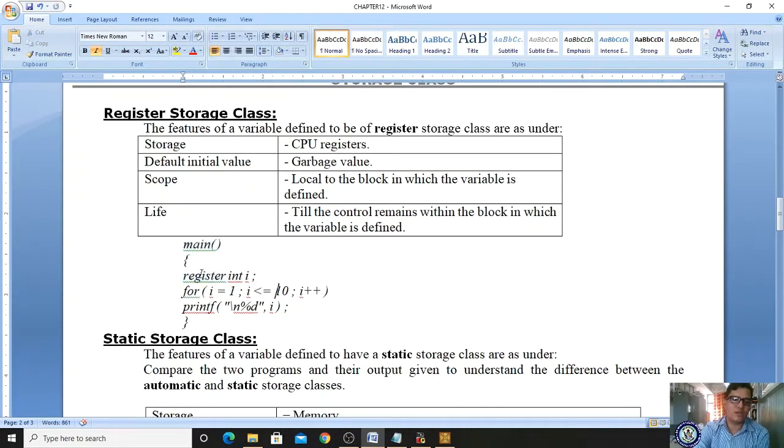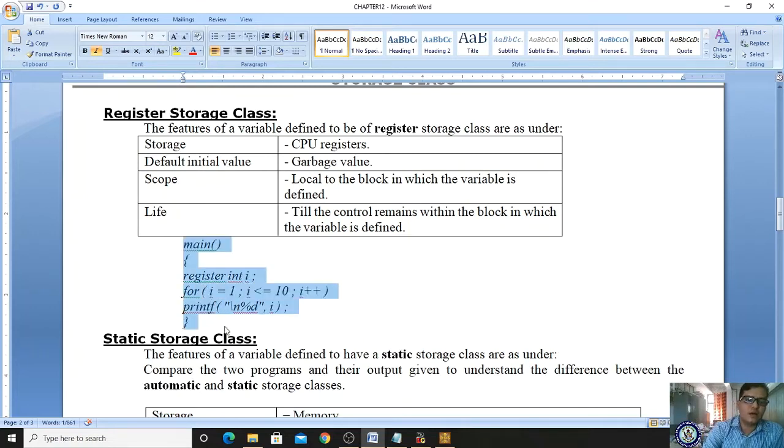Here we are declaring the variable by using the keyword register. Int is your data type. Here register is a keyword. It clearly indicates you are storing the value of I in CPU registers. So now I am giving int I is equal to 1, I less than or equal to 10, I plus plus. You are displaying the value of these things.